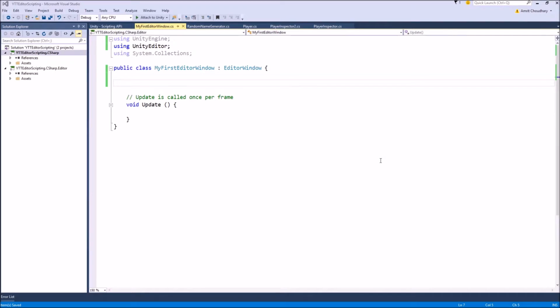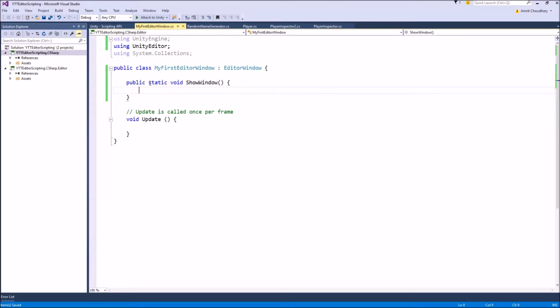So to create this editor window using a menu button, we write a script: public static void ShowWindow, and what this function will do is simply call the function GetWindow, and we have to specify which window type we want to spawn. So in our case it is the same as MyFirstEditorWindow.